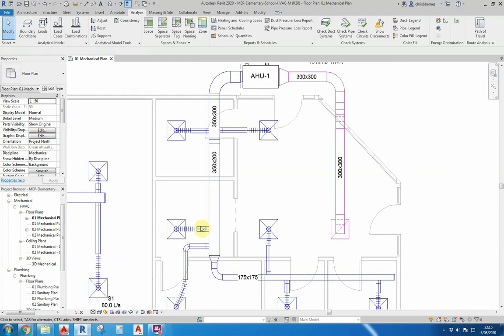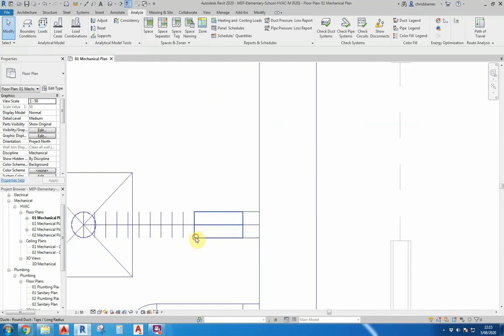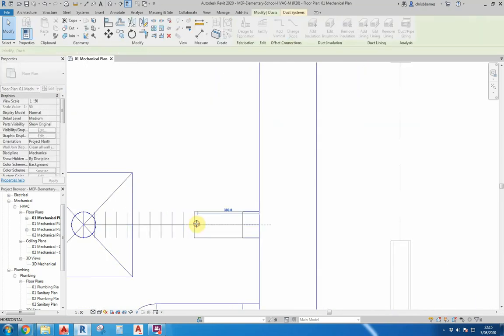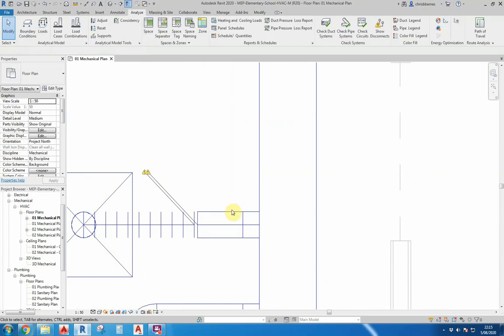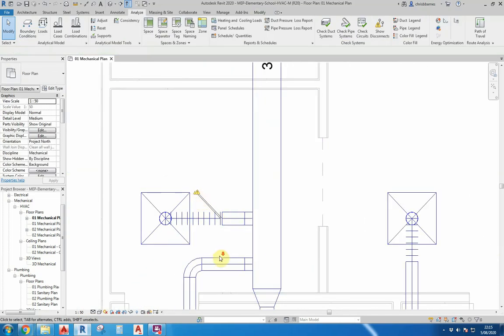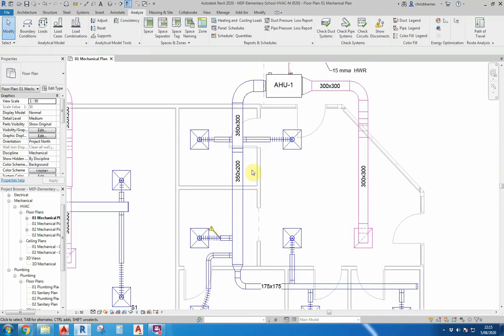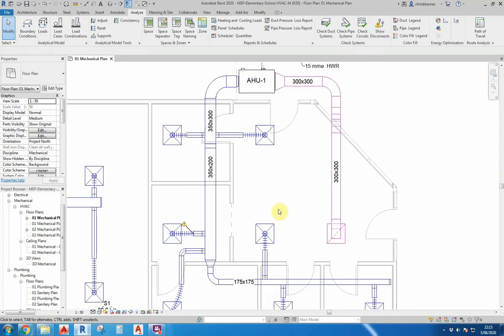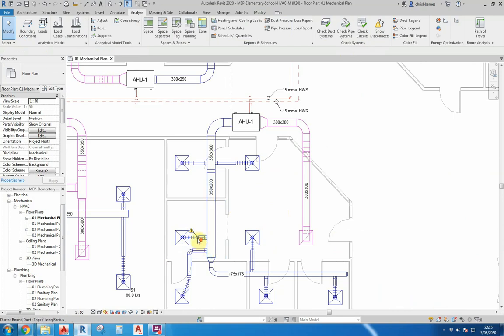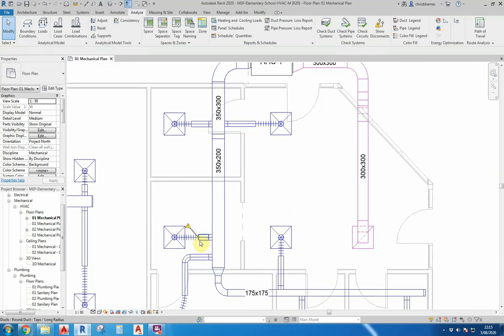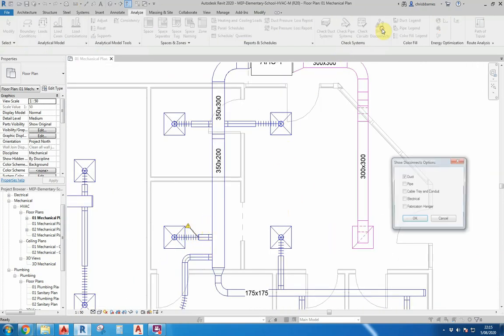Now if we break another system elsewhere, we get the pop-up warning straight away. The reason being is this show disconnects remains in place until we switch it off. So as we're going along, it will keep on showing every time we have a break somewhere until we switch it off. So if we untick it now,